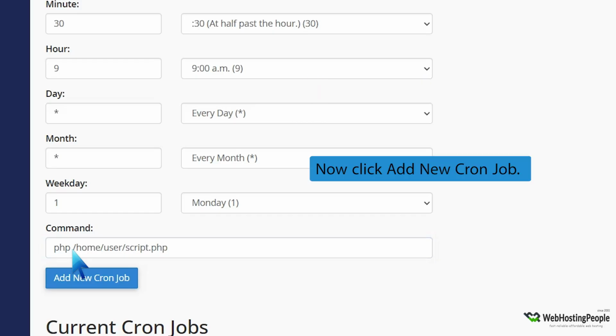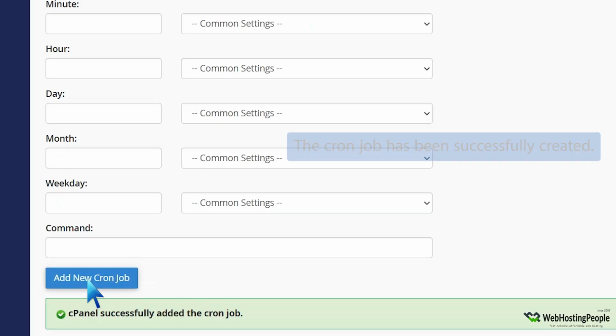Now click Add New Cronjob. The Cronjob has been